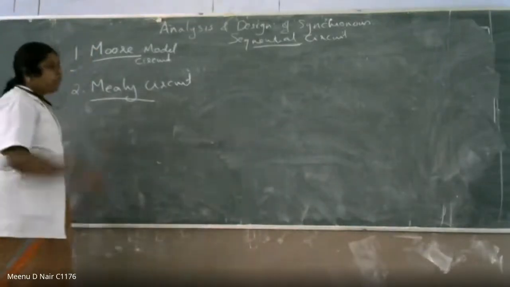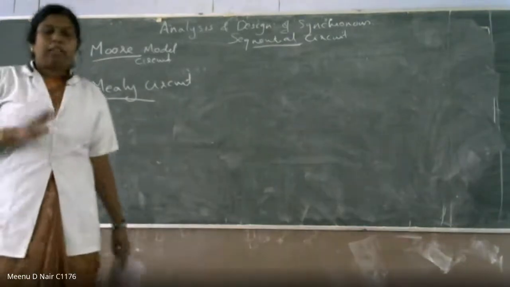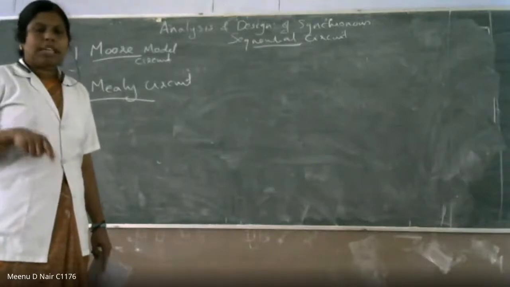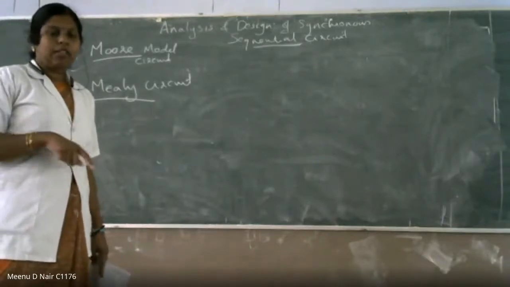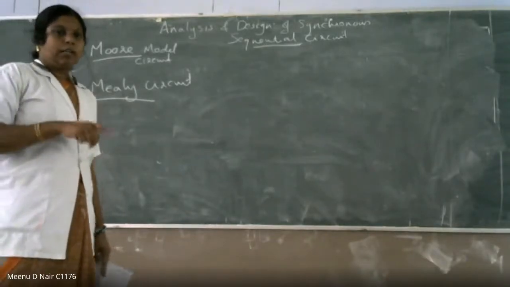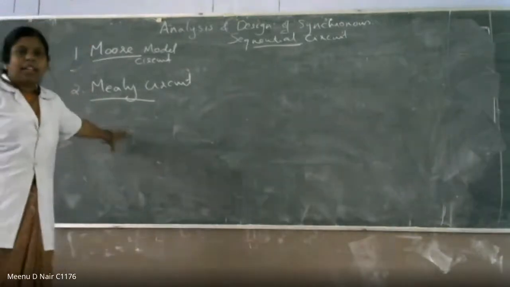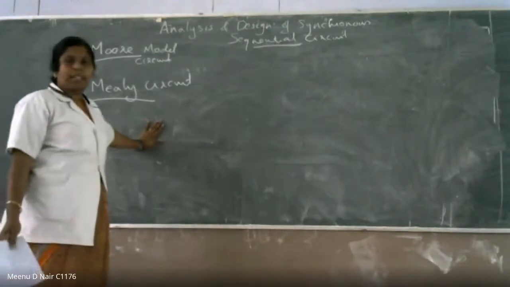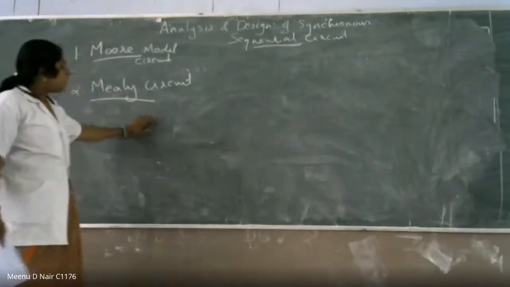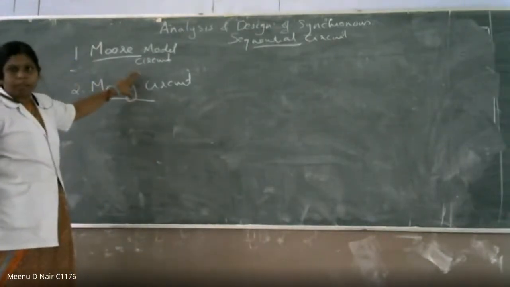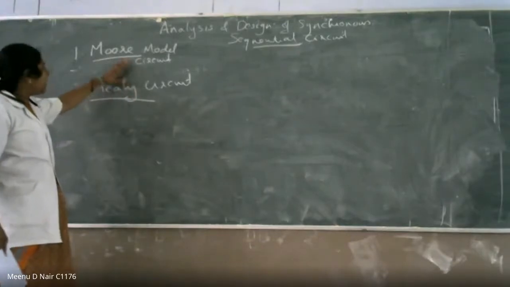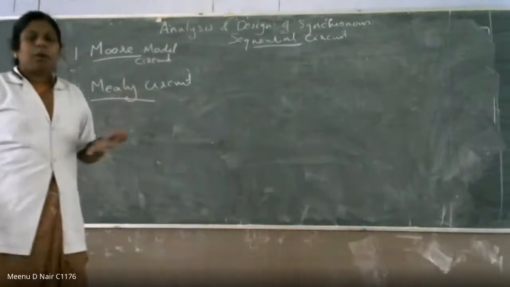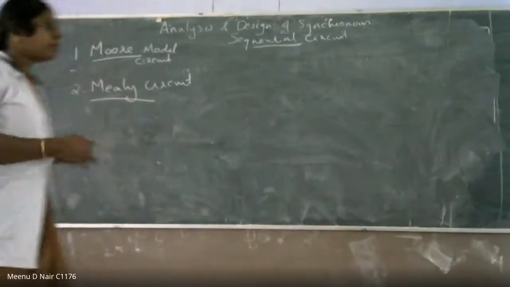Okay. So both of these will be a part of synchronous as well as asynchronous sequential circuits. But in your syllabus, it is given in the case of asynchronous sequential circuits. But it is common for both synchronous and asynchronous. So it is applicable for both cases. So we are studying this now, with the synchronous sequential circuit itself, Moore model as well as Mealy model. So we'll see what is Moore model and what is Mealy model.